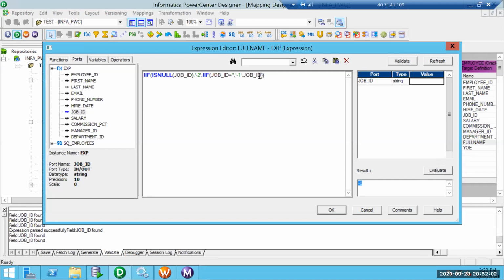So if can go on based on our logic. Another thing is we can have nested things also. And another thing, length of job ID not equal to 0, and so on and so forth.